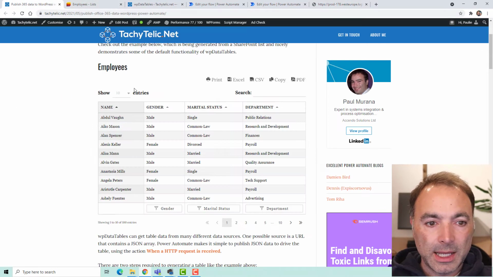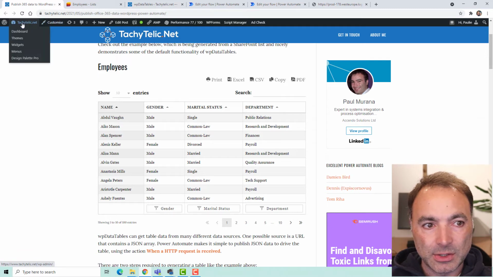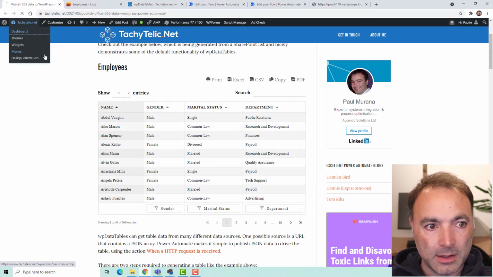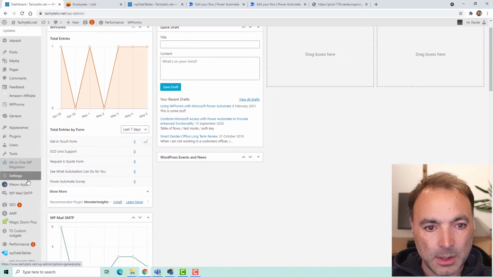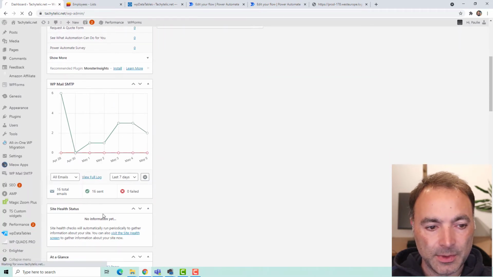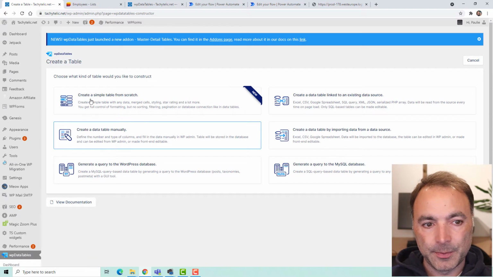So getting that into a table in WordPress is really easy actually. Let's just go and build that now. We need this URL first. And then if we go into my WordPress dashboard and go to WP data tables and click create a table.